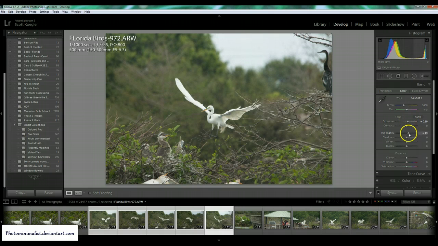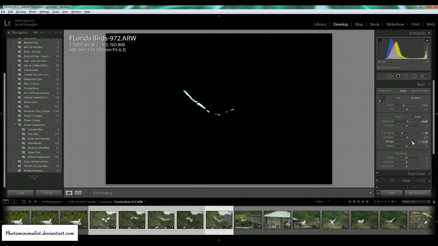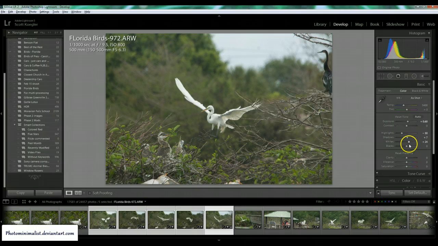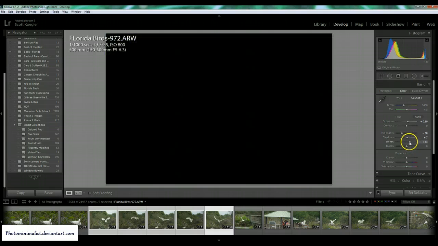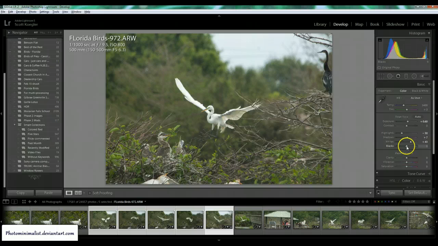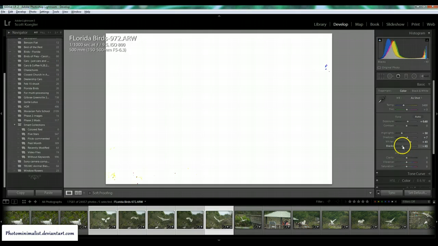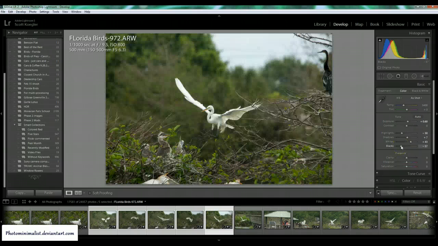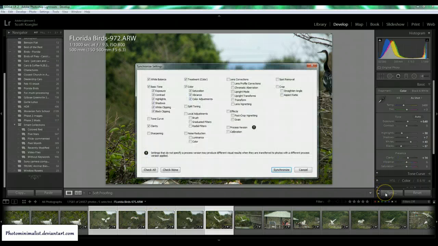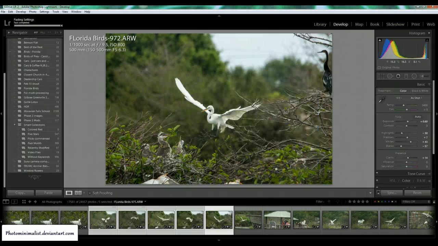editing here. Let's see, highlights, yeah, okay. I don't really think that the specifics are going to be too important to me, but I do want to make as much good correction as I can, just to give them a little bit of life. Okay, that's pretty good. Maybe presence up a little bit. Okay, and then I'm just going to sync that across these 5 here, so I get the same exposure on